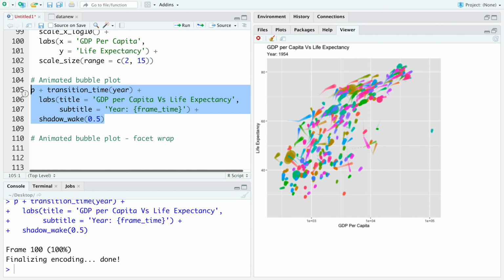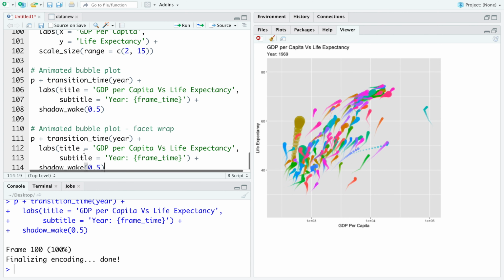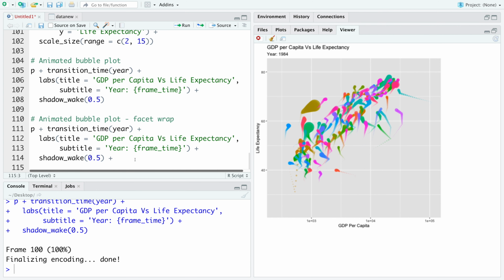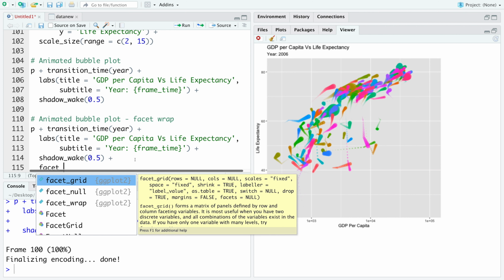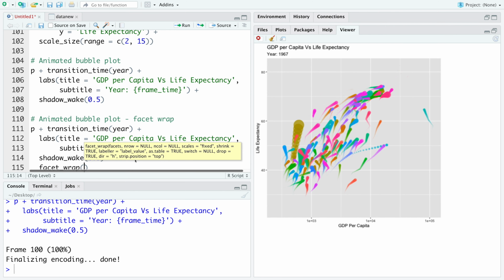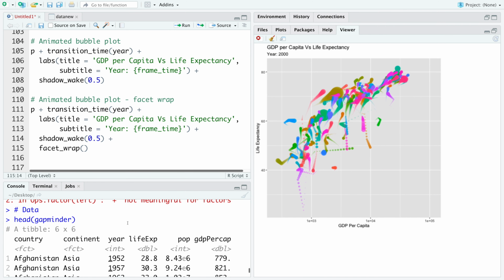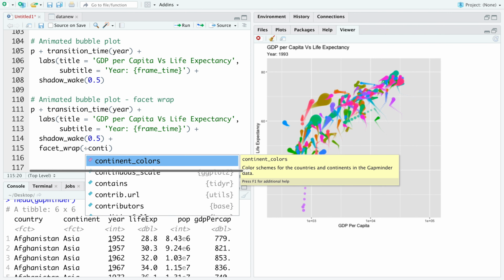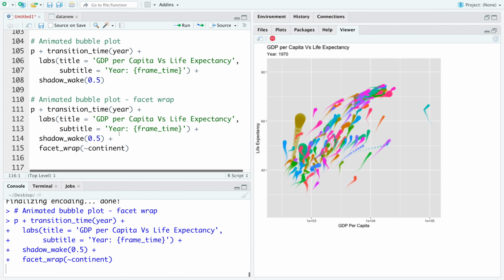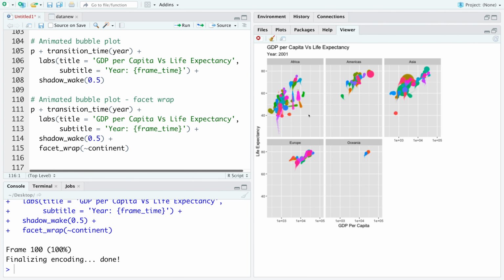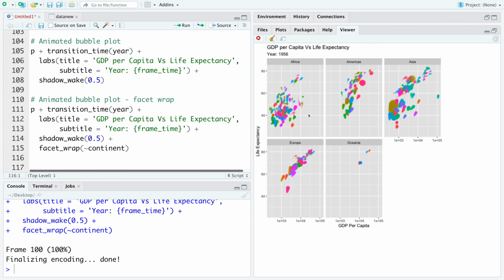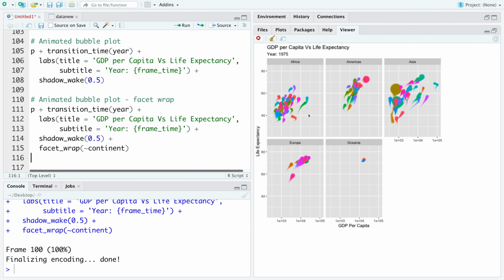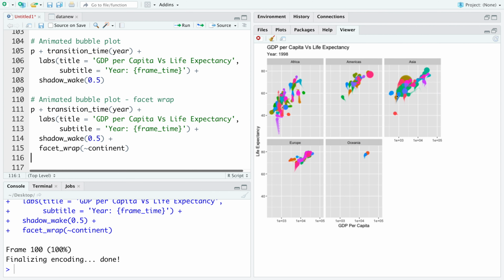So let's copy this and paste it here. Add one more layer, facet_wrap. So for facet wrap, we'll include continent. So if we run this, we can see that by separating these bubble plots across different continents, we can more easily track different countries.